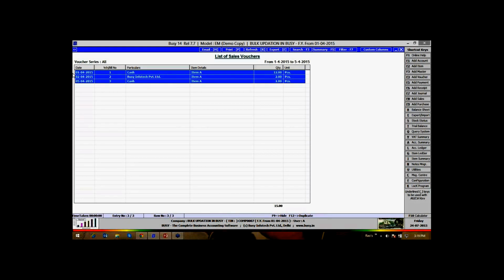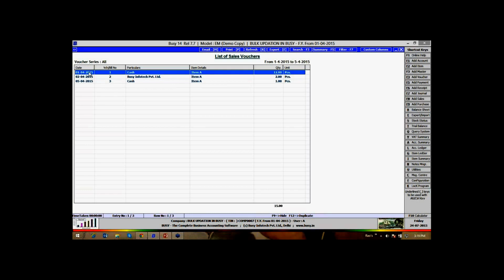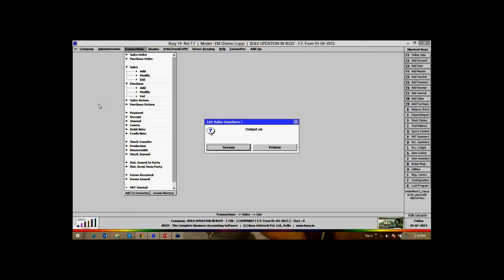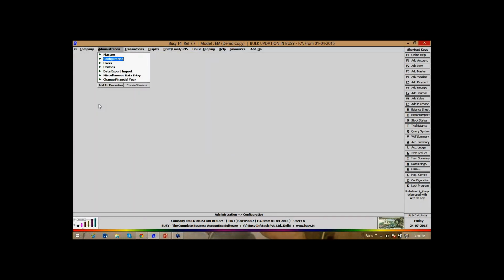See, 15 in 5 days. So for 1 day, you need 3 quantities. 15 divided by 5 comes to 3. Means for 1 day, you need 3 quantities of stock. This is the average that we can get from this transaction. One day's stock is 3 on average. For however many days you want stock, it will be multiplied.